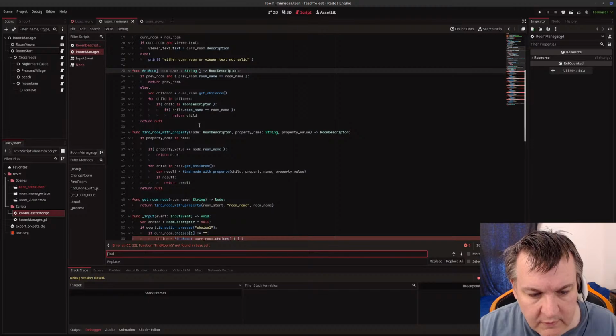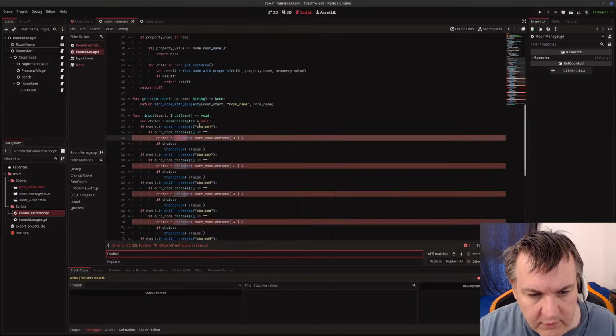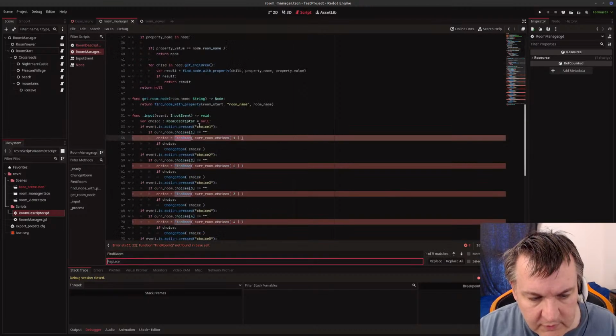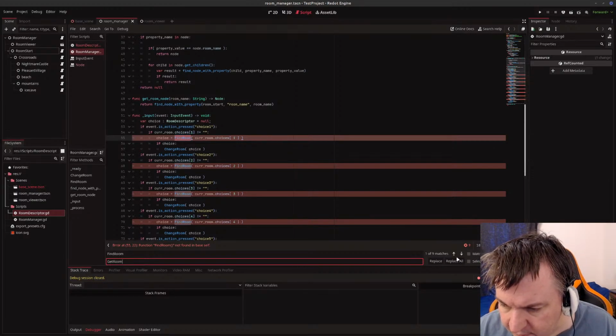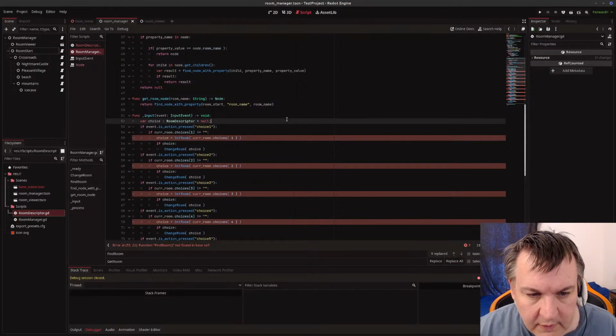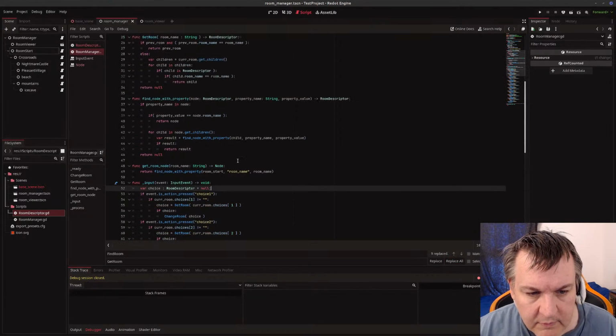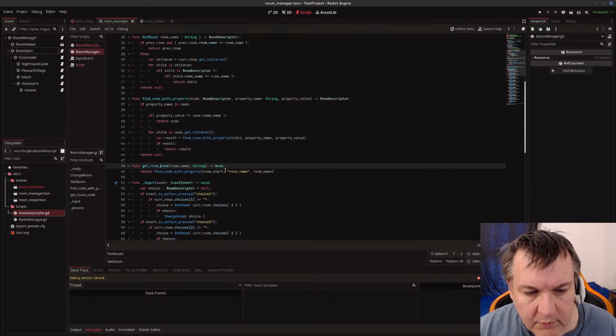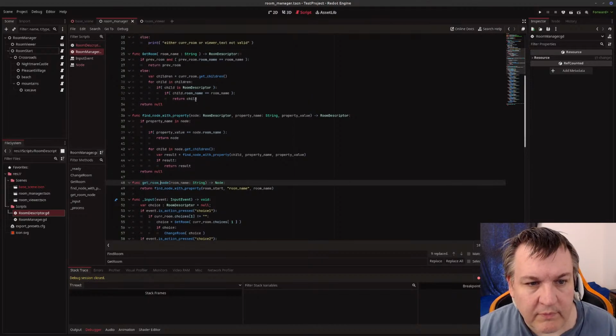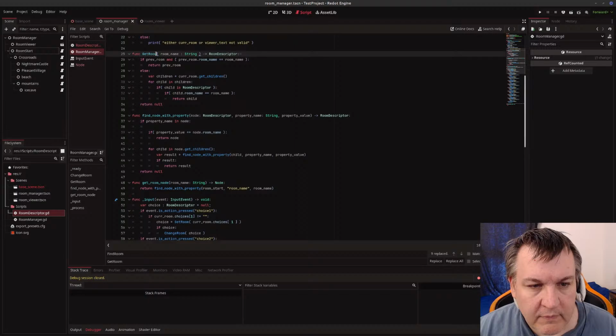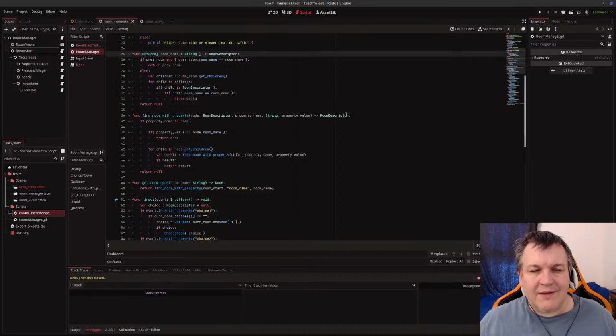Find room and change it to get room. Replace all. Okay, that's fine. Get room. Get room node. This goes through the whole tree, and this just does it in the immediate children. Get room by child. Get room by